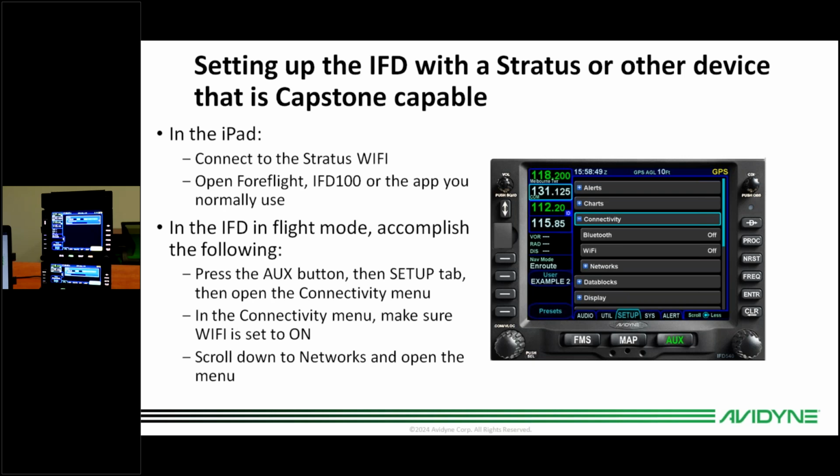So now in the IFD, your panel-mounted IFD in the aircraft, we're going to press the auxiliary button, then press the setup tab, which is pictured here. We're going to press the connectivity menu to open it, and we're going to make sure that Wi-Fi is turned on, and then we're going to scroll down to networks, which you see pictured here,